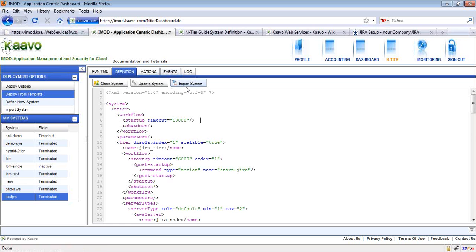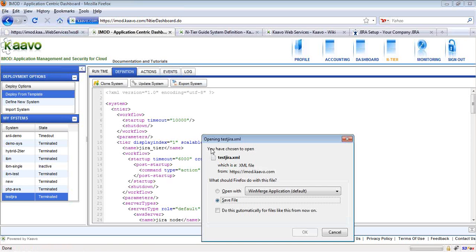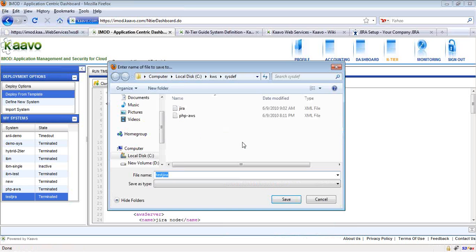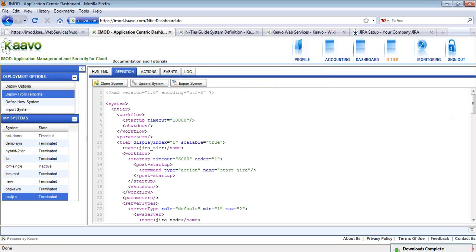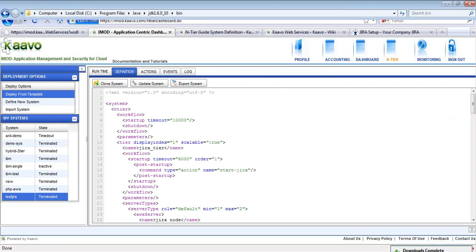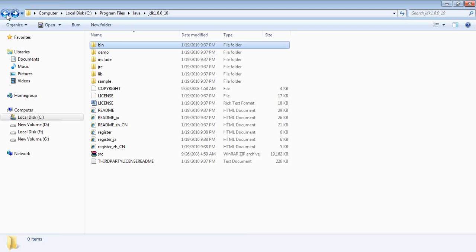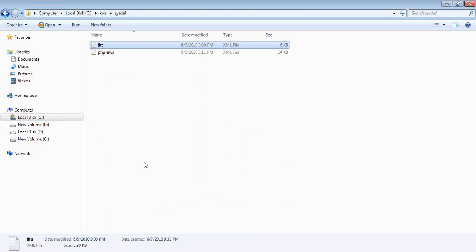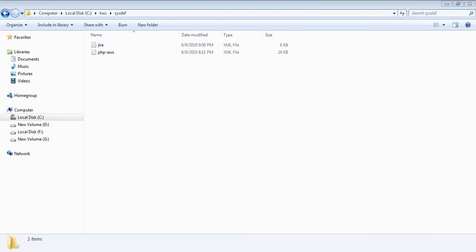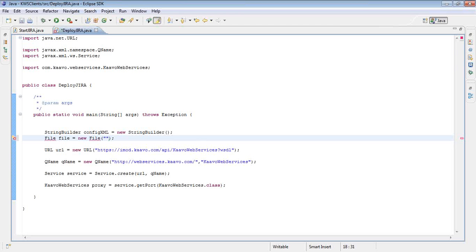So we have export system functionality for exporting an existing system into local drives. And this is the local drive, and here the system has been exported. So this is the path to the exported system definition file.